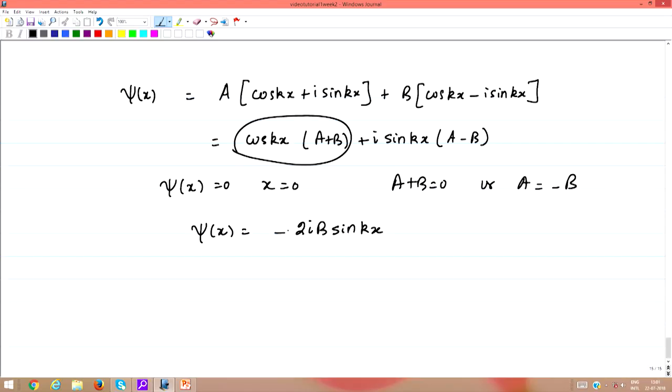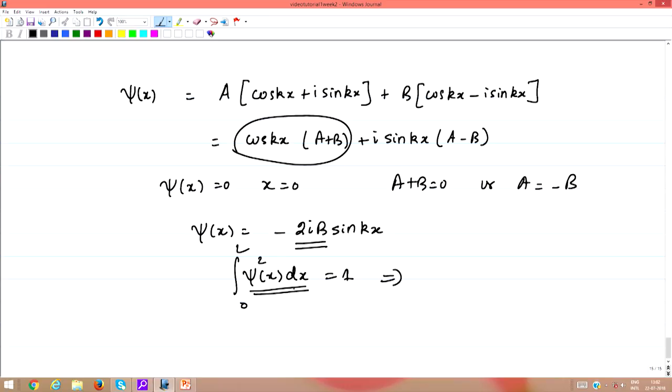So, you have that. The only thing we have is minus 2 I b instead of b in the lecture, but remember, when you normalize the wave function psi of x square into dx is equal to 1 between 0 to L, this integral, the 2 is irrelevant, it will get cancelled out, and the I, now please remember this